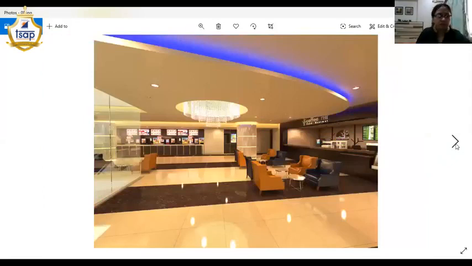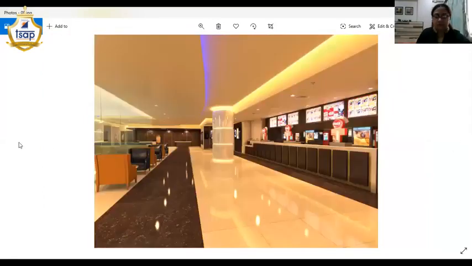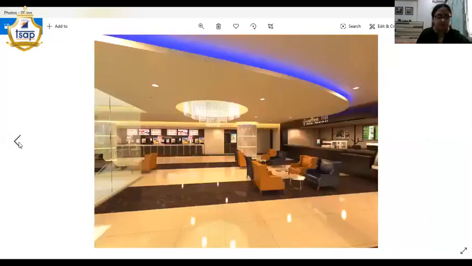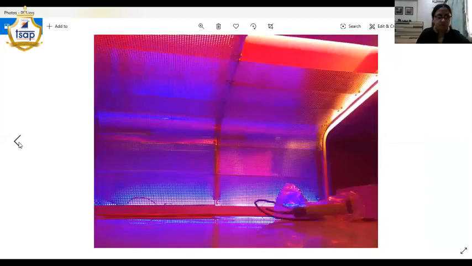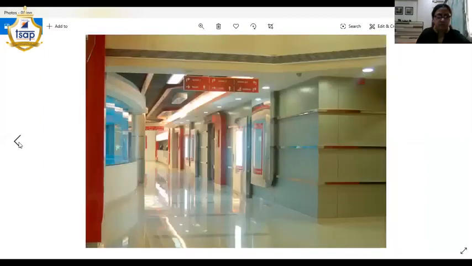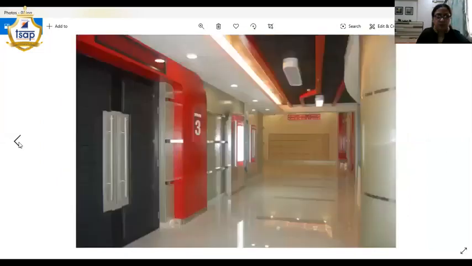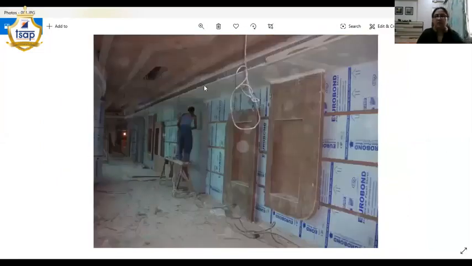Okay, we'll go forward. Yeah, these are a few photographs to show you. This is a particular wooden ceiling which was finished with Duco paint and some capsule shaped light fittings which were constructed at site, and there is a wooden paneling with LCD carved out into it, and now you can see the finished work.